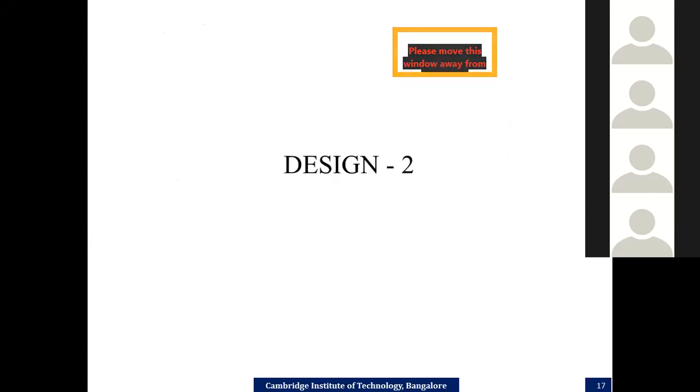Let us now go to design 2. Before going to design 2, I would like to ask you, can there be any other way by which we can optimize the design, reduce the number of multipliers, reduce the number of adders, reduce the number of clock cycles? What could be your design thought? How do you further get into the process? I think Professor Umesh has told that yes, you can go for the shift and add method. Can there be any other way by which you can optimize the design at the algorithmic level and architecture level?